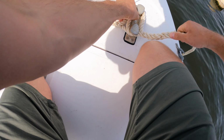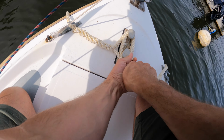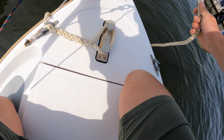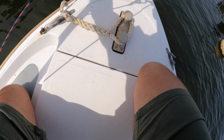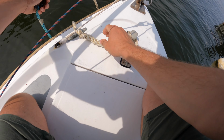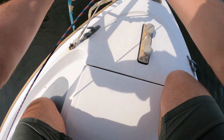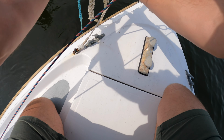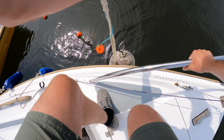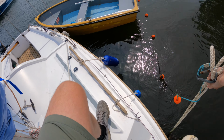So now what I'm going to do is first of all take off this mooring strop on the bow, take off the link line, take it around the front so we don't get hooked onto the boat, and now I'm going to take off the rear strop and put that on there. Now I'm going to walk this forward, and as I do that the boat is going to turn forwards a little bit,